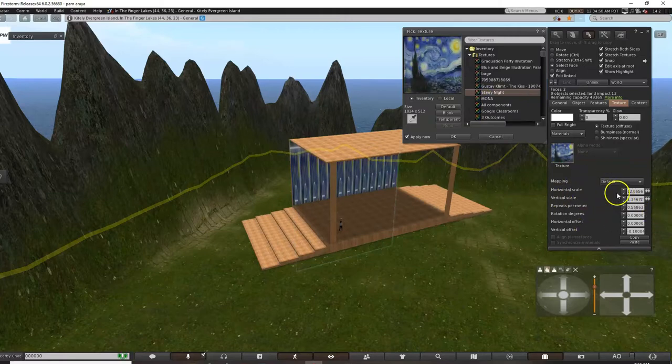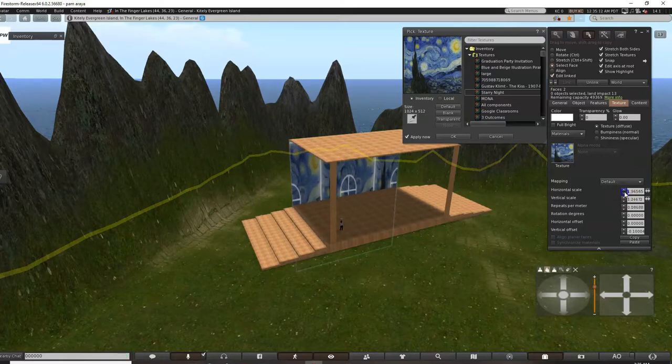I think if you do horizontal scale, you can just stretch it out until you can only see one painting. And then you should be able to, you have to play around.